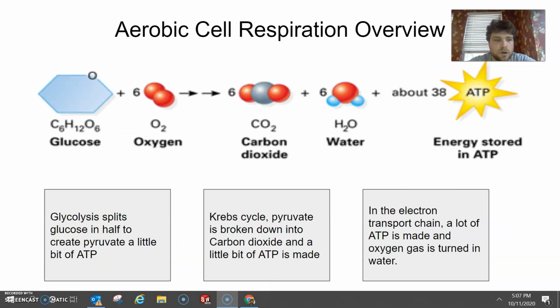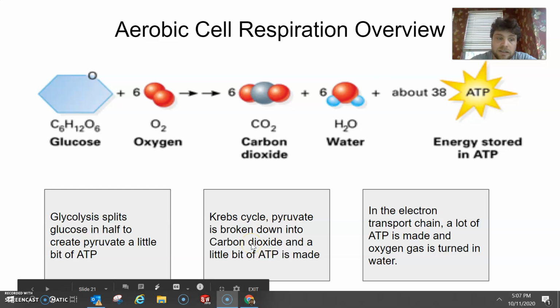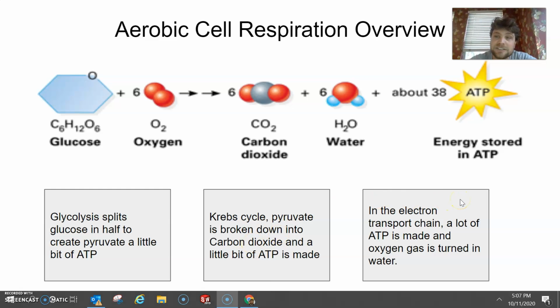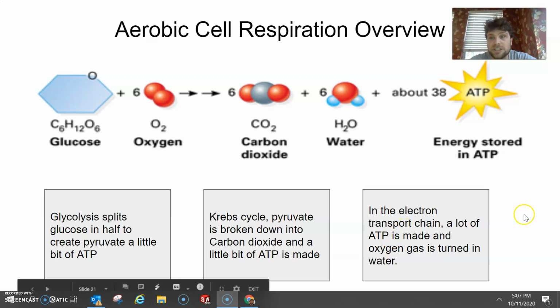So to summarize aerobic respiration, step 1, glycolysis splits glucose in half to create a little bit of ATP. In the Krebs cycle, pyruvate is broken down into carbon dioxide, and a little bit of ATP is made. And at the final step, the electron transport chain, a lot of ATP is made, and oxygen gas is turned